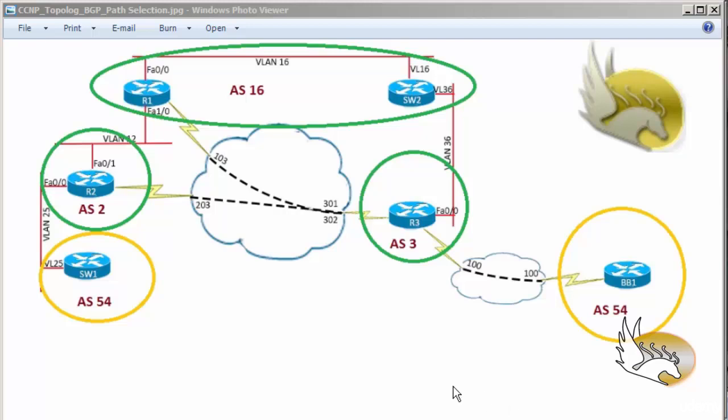The next topic is about MED, multi-exit discriminator, or metric, as we are going to set in route maps. This is a little tricky because this is not going to be used as an exit attribute. This is going to be used as an inbound attribute. That means I'm telling the neighbor to select this path to reach my networks that I have advertised into